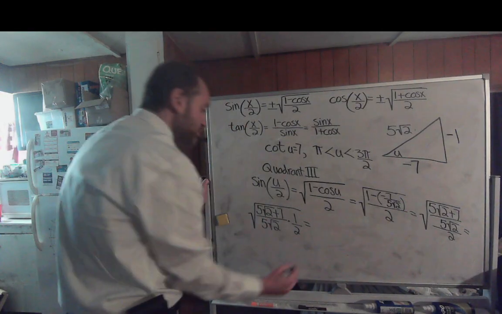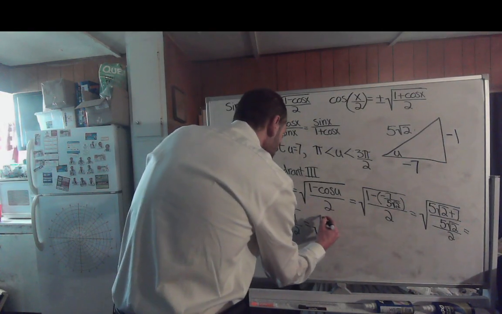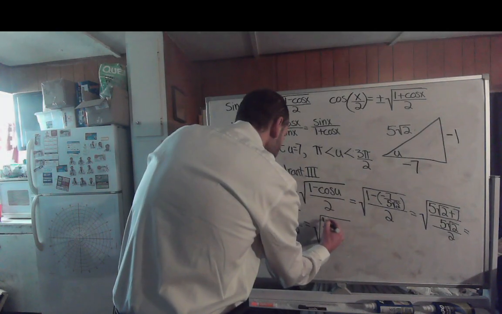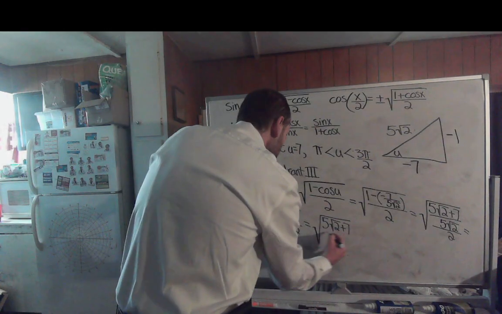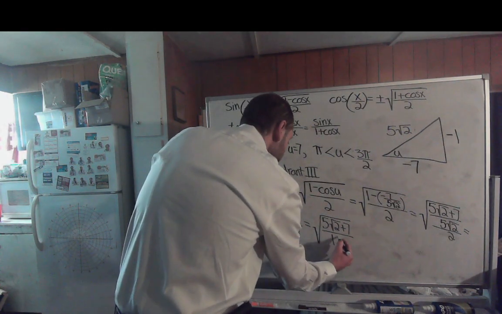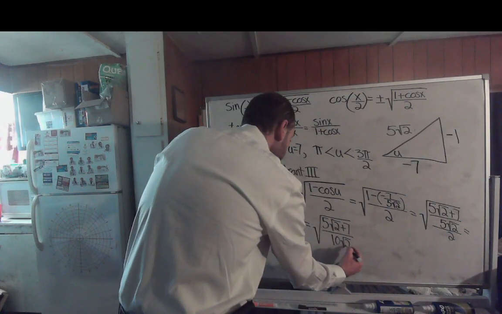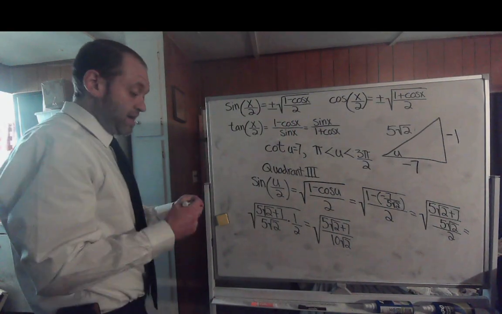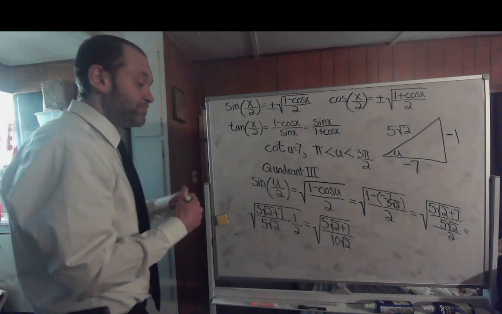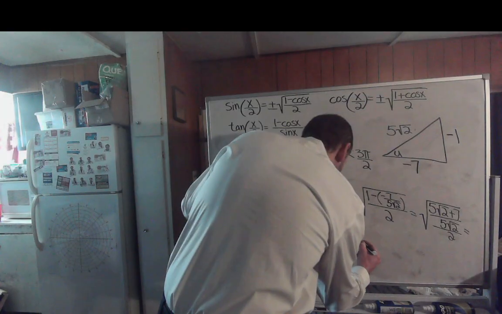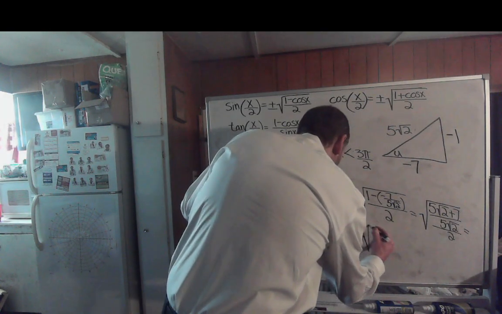Well, that would end up giving you the square root of 5 times the square root of 2 plus 7, all over 10 times the square root of 2. But what do we have to do? We have to rationalize the denominator, don't we? So this would actually end up equaling the square root of,